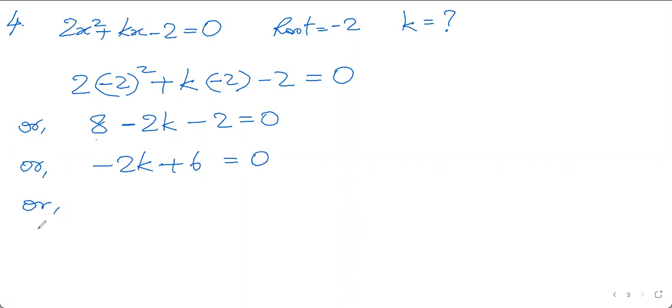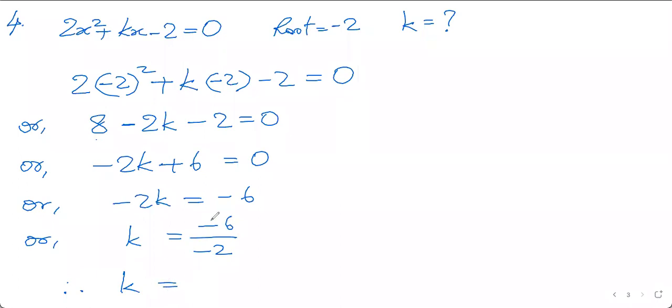Now you know we have to keep the variable terms on one side. So -2k on the left hand side and all the constant terms on the other side. So plus 6 when it goes to the right hand side becomes minus 6. Then we have to keep the variable on one side. So k on the left hand side, then minus 2 will go from left to right. So multiplication will become division. So k will become 3. K equals 3 is the correct answer.